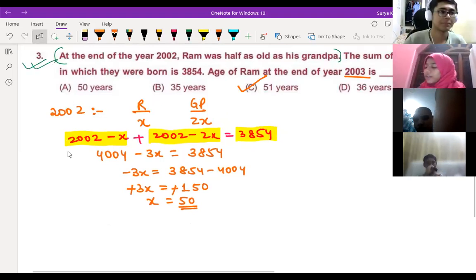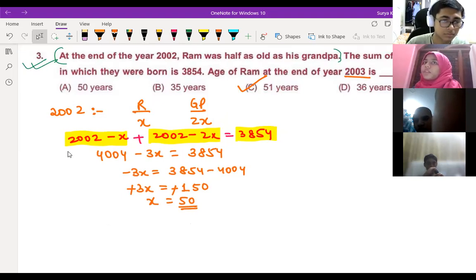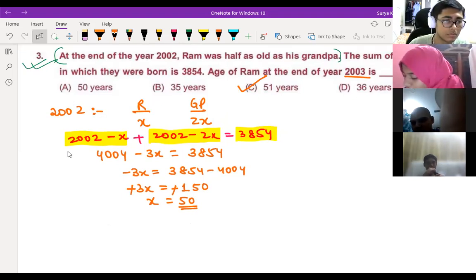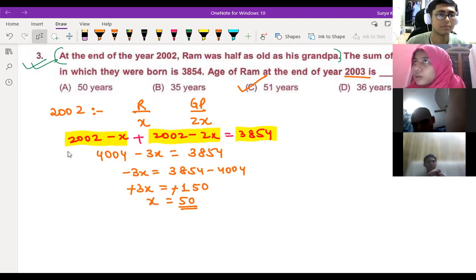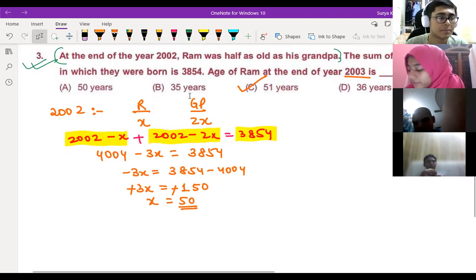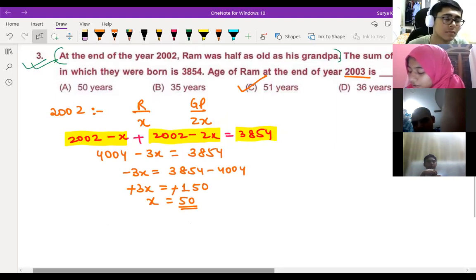Sir, but this type of question is in 8th only, sir, not in the 9th. I have not read this type of question till now. You have read it in class 8th only. Yes, sir, but it is not in 9th. I don't know about 8th. But nice question, good question.